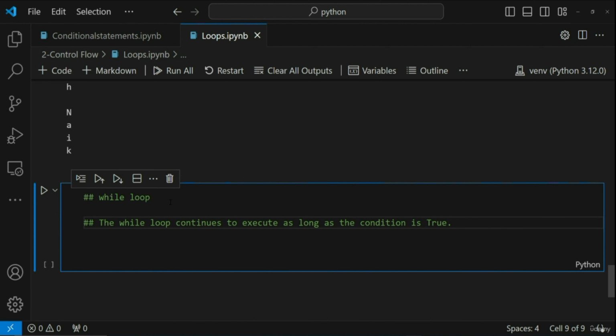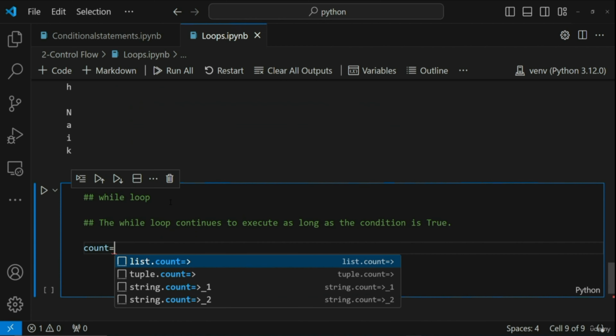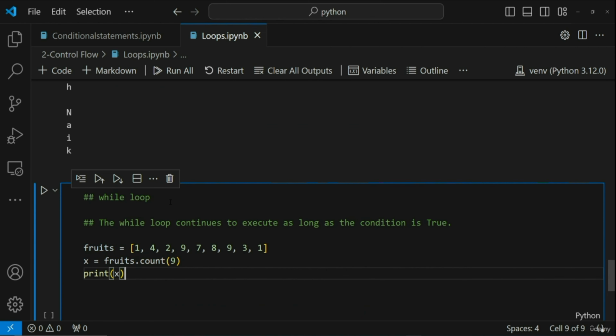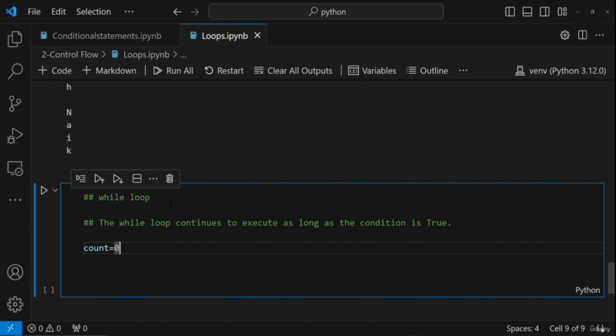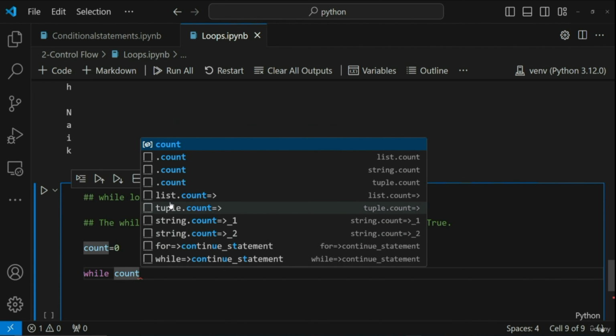That basically means unless and until the condition I'm writing in the while loop is true, it is just going to execute it, okay? Now let me do one thing. Let me create a temporary variable called count, okay? Now with respect to this particular count, let me go ahead and write while count is less than 5,